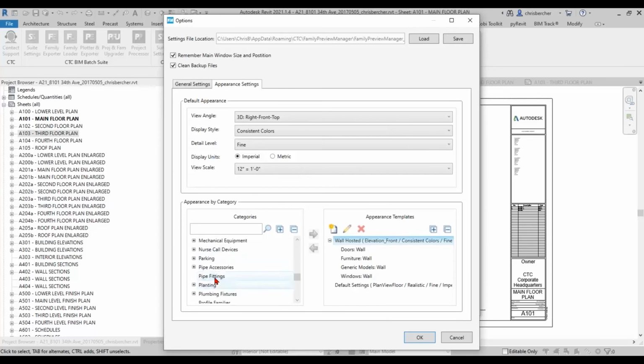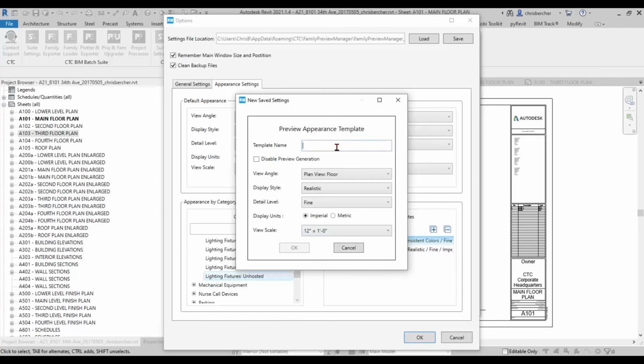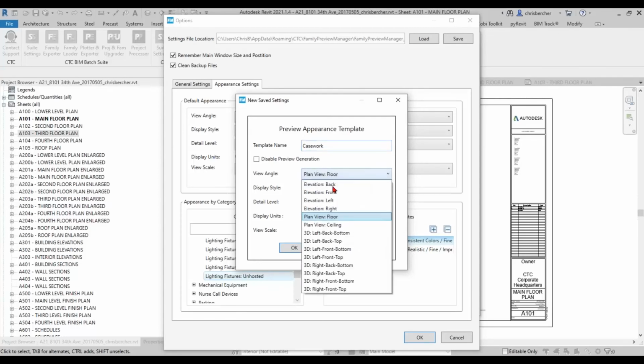Light fixtures and mechanical equipment, and think about it. It could be everything if you wanted it to, right? So now that's my default setup. If I want to create a new one, let's call it, I'm just going to call it casework. Why not? Again, but this time I want a 3D view. I don't want an elevated view. So I'm going to do 3D front top,